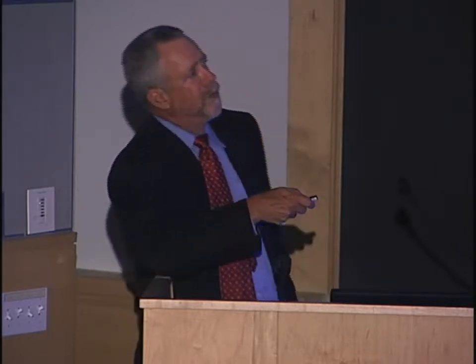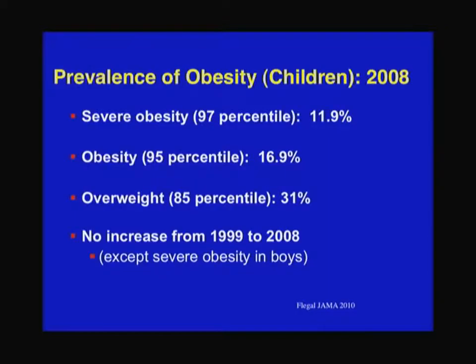Now, the issues in children, of course, have been very concerning. We define obesity differently in children than we do in adults. It has to do with using as the norm percentile weights that were defined about 20, 30 years ago. So you would think, and this is pretty obvious statistically, that only 3% of people would be over this definition by definition. But in fact, this was 30 years ago, and now what we see is 12% with severe obesity, 16% with what we call obesity, and a third who are overweight.